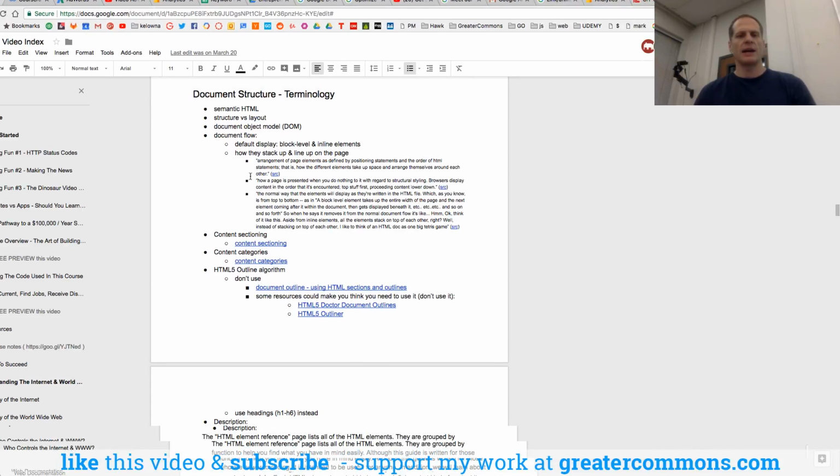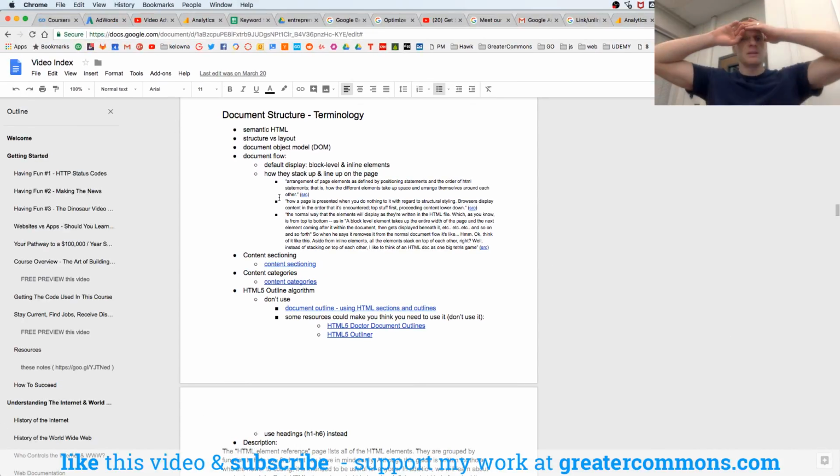So the next thing we're going to look at is some of the terminology related to document structure. We already saw semantic HTML in the previous video and what that means. Structure versus layout: the structure is the elements that you've used on your page, and the layout is how we arrange them to visually appear. And we learned what the document object model is, a model of the objects in the document. And document flow: it's how things lay out on the page and in what order they hit the